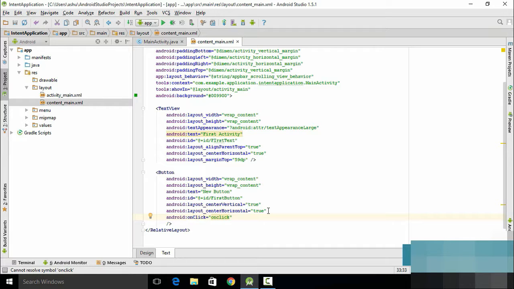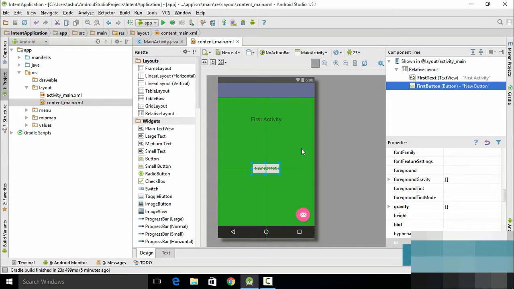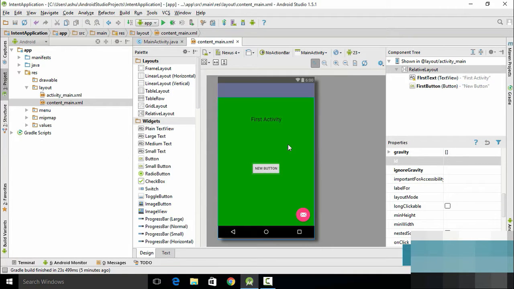Now the next thing which we need to do is define the method so that we decide what happens when the user clicks this button. What we want to achieve is that when the user clicks this button, the user should be able to switch to a new activity which is called the second activity. But we only have one activity right now, so we need to add one more activity